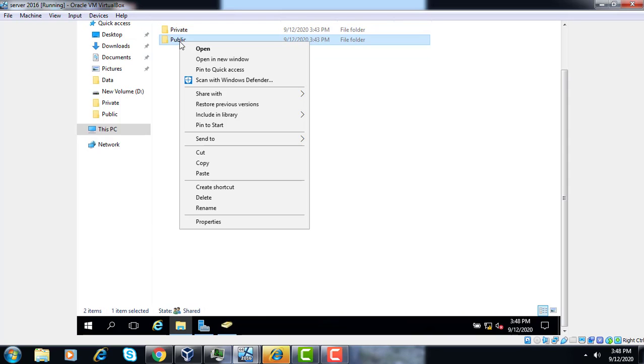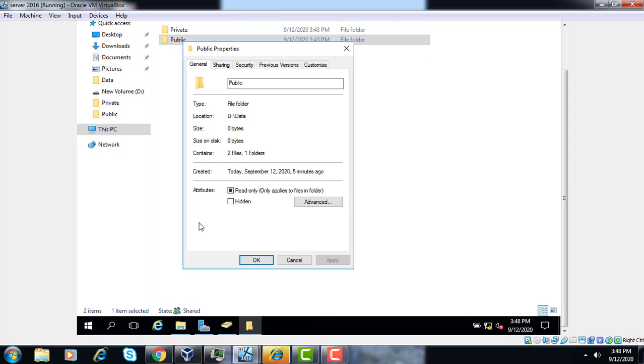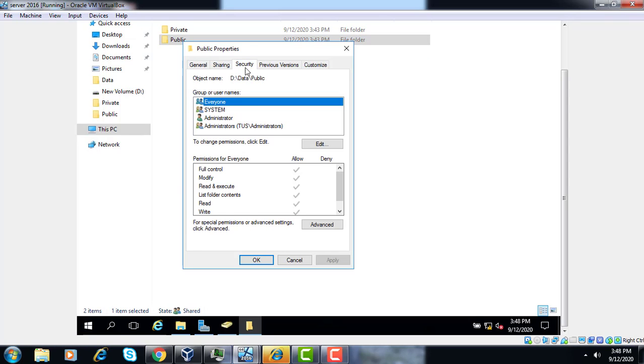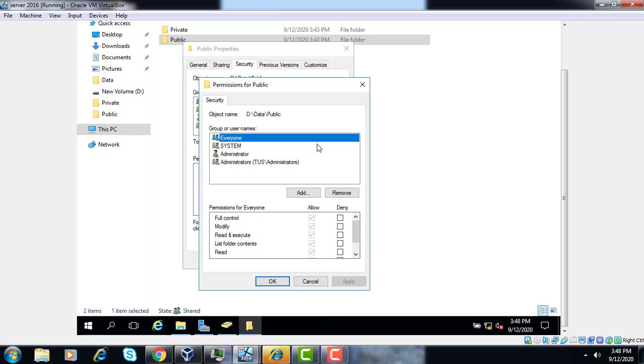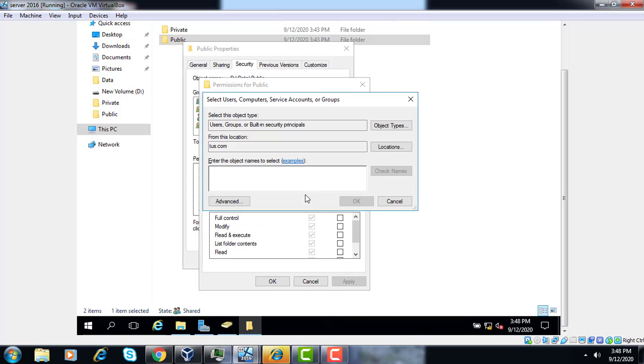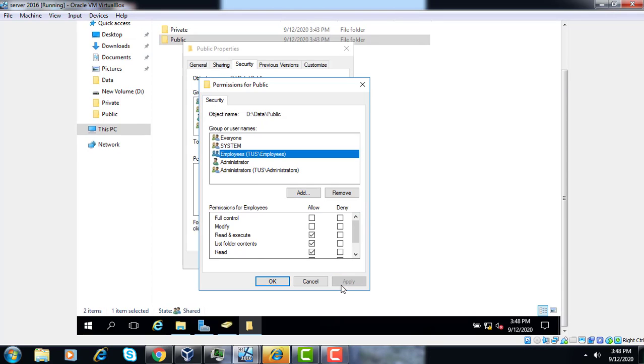Similarly, go to Public, Properties. Here we can add only the Employees group right now, and give the Employees group Full Control.